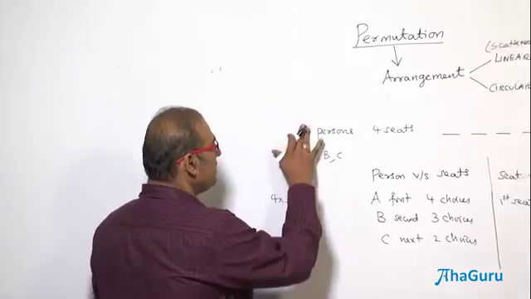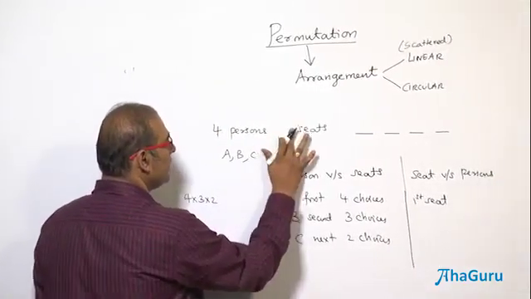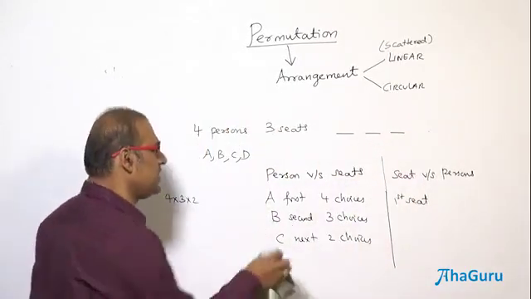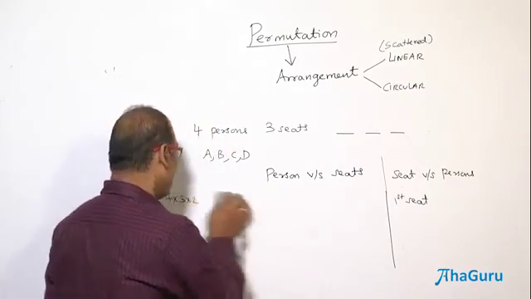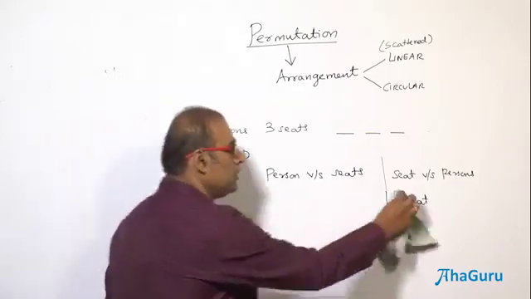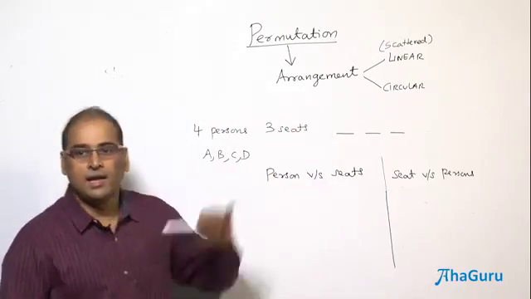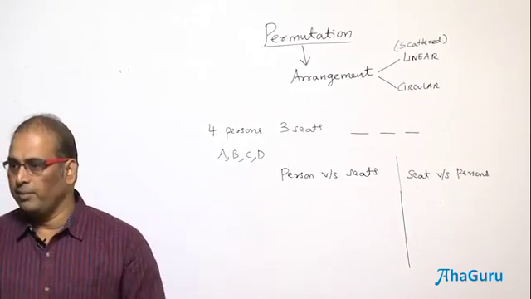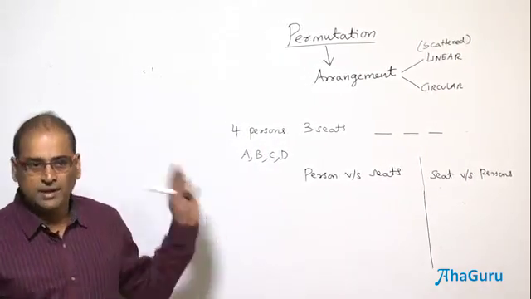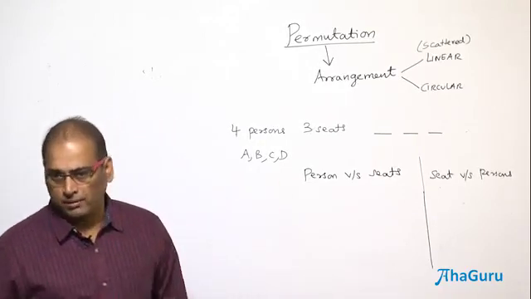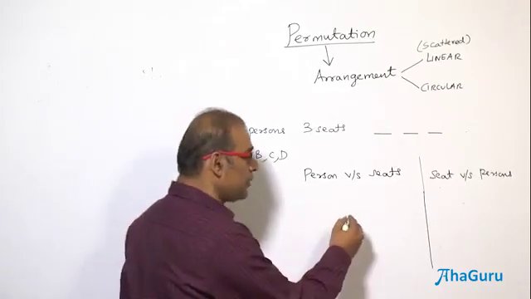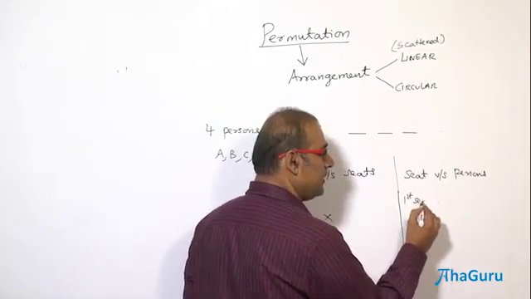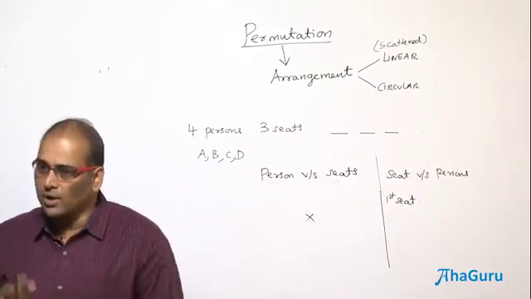See, for example, it is the other way around. You have 4 persons and say 3 seats. Right? 4 persons and 3 seats. Only 3 persons are going to occupy. So if you go person versus seats, can I say that A has got 3 choices? I can't say that. Why? B, C, D may occupy. Then I am forcing A to be one among the 3 persons to occupy. Can't do that. So therefore, this is not going to theoretically help. It's a suspense. So you need to go here. The first seat. Anyhow, we know 3 persons occupy 3 seats. So what is assured? All the 3 seats are occupied.